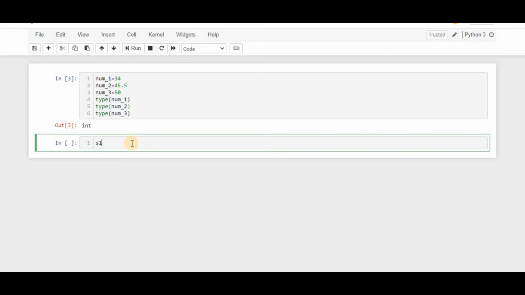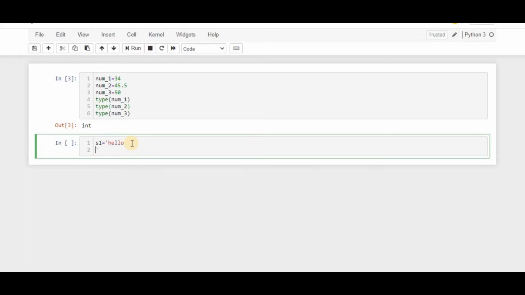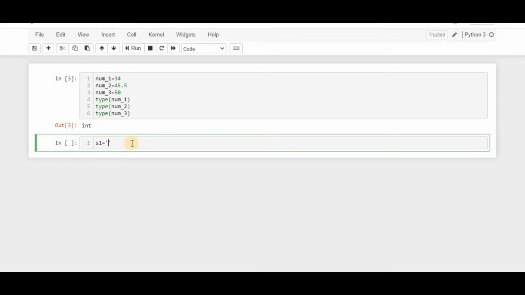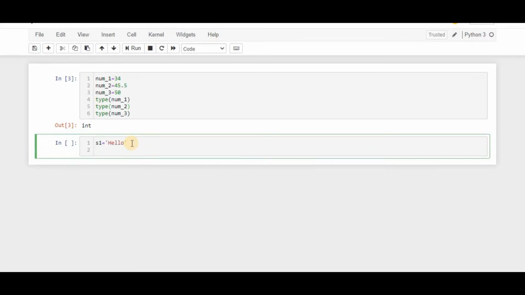s1 is equal to, in quotes, hello, and s2 is equal to, in quotes, world.